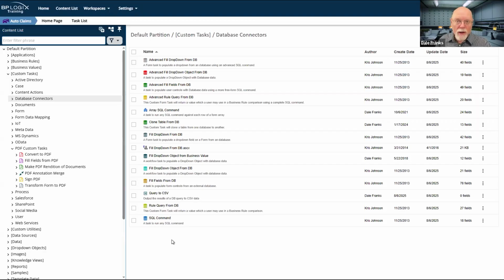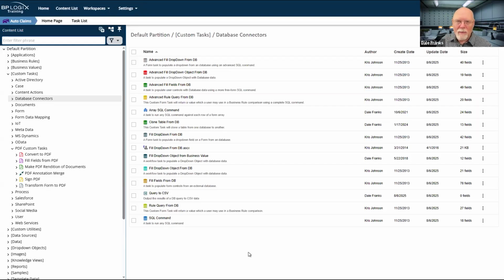There are some cases where the data is so highly proprietary that you do not want to expose it, or you only want to have it accessed from a single form during a specific event, and you don't want to give anybody access to it outside of that specific context. So, in a case like that, the fill fields or fill drop downs from DB custom tasks are still useful because I can't replicate that anywhere else outside that form.